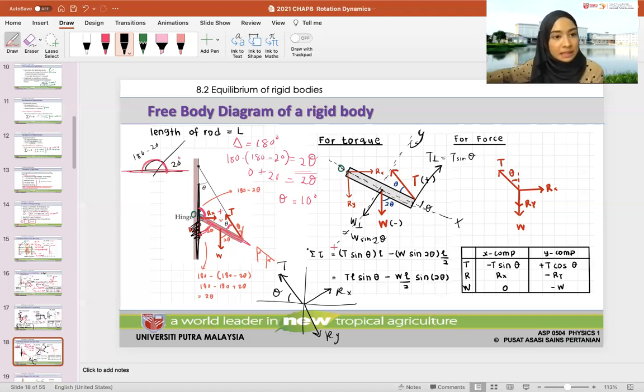Remember we had like incline versus level ground. We defined the axis ourselves, right? We had like a slanted axis versus a normal regular axis. Sama juga kat sini. We can assume this is like an incline. But this makes our life hard. We don't want that. So let's just use this regular axis because a lot of our forces are in the regular axis and only the T is not. So better